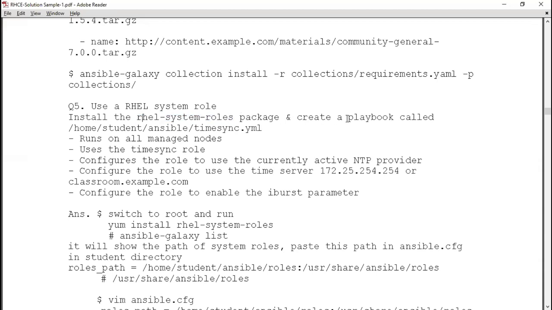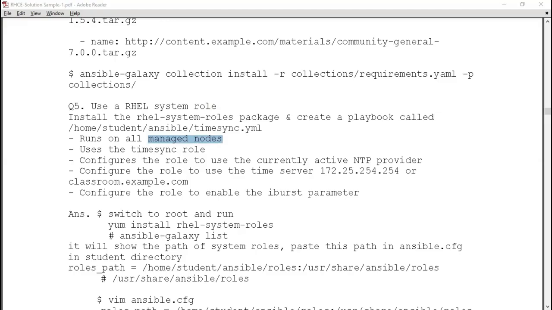So install the rhel-system-roles package and create the playbook called /home/student/ansible/timesync.yml. Run on all the managed hosts, use the timesync role, configure the role to use the currently active NTP provider. They will give you some provider IP address, NTP address, or classroom.example.com, and configure the role to enable the iburst parameter. So we need to install this package, use this role to synchronize our date and time on all the managed hosts. Is it? All the managed hosts. Right?